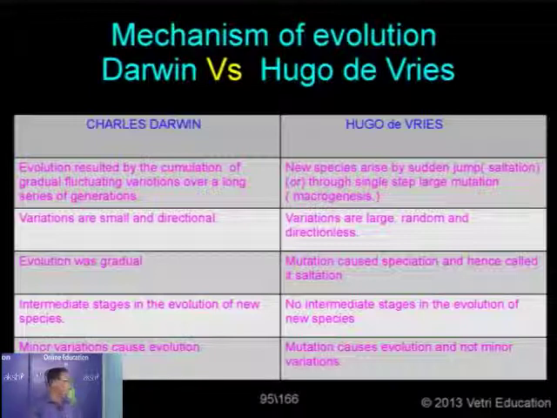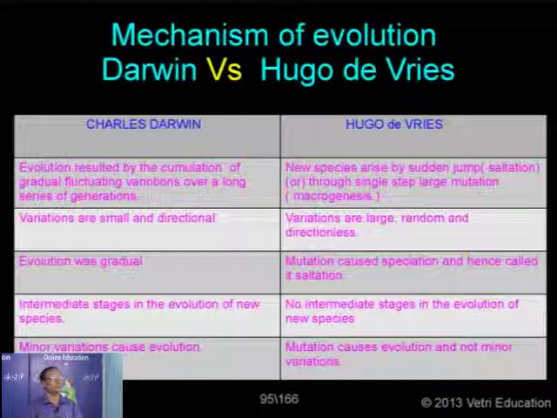Then I mentioned already that in de Vries' concept the mutations are full-fledged, which means there are no intermediate stages according to the mutation theory. But as per the Darwinian concept, during the formation of one species, it has to pass through a number of stages from its ancestors. The ancestor has gone through a number of stages, and finally we received the final product. Because of the formation of many intermediate stages, it is not considered a full-fledged one. But as per the de Vries concept, it is a full-fledged one.